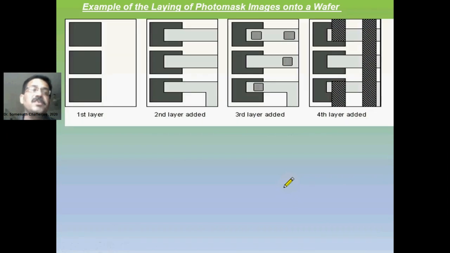So now the question is how we can do this using the top down approach, how we can shrink or squeeze the dimension of the device. Just nowadays, I'm giving a real example: if you ask your parents, they are staying in a house or home, and nowadays if I ask you where you are staying, most of your answers will be flat. Flat means where you can put lots of people in a stack-wise.